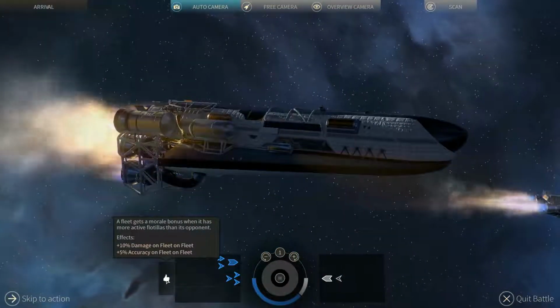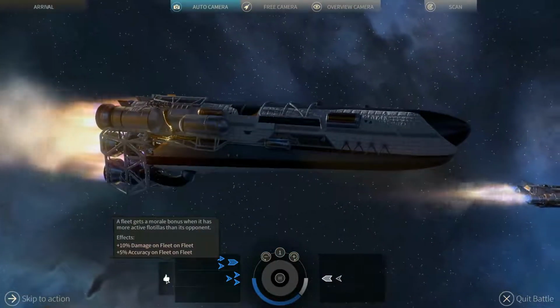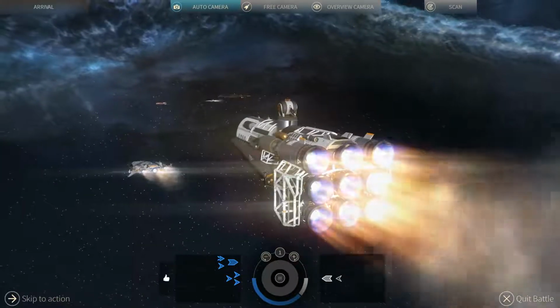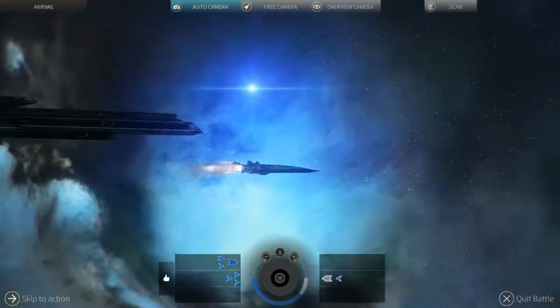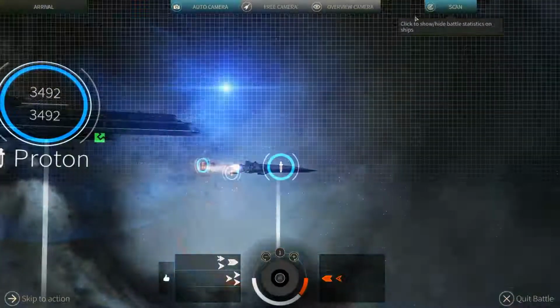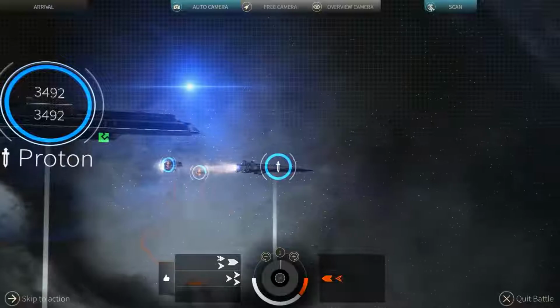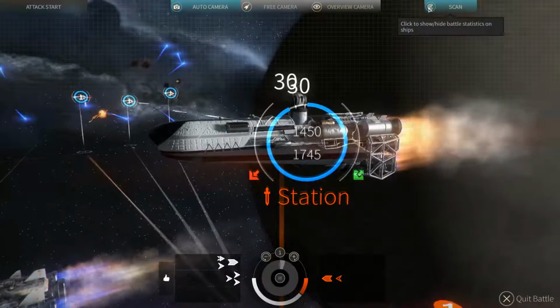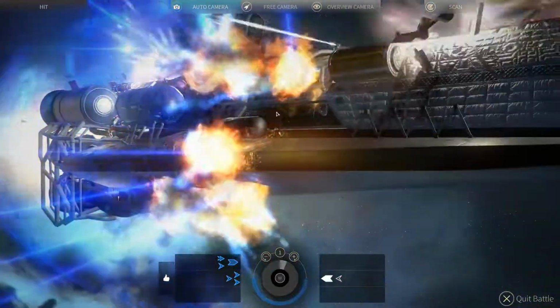So the station, what do we have here? We get a morale bonus. We have more active flotillas. We have 2 active flotillas. Oh, those are the ships that are coming in. Which one is... Let's take a look at a scan here. That's our Proton. So that's our ship, actually, here. That's the station we're attacking there. So right here, yeah, he is...